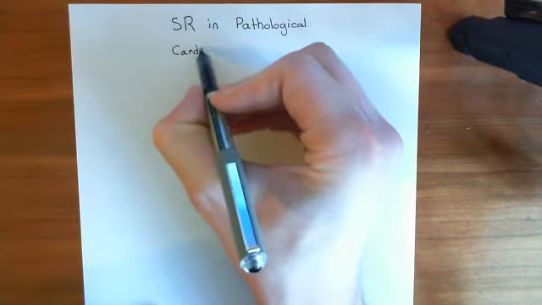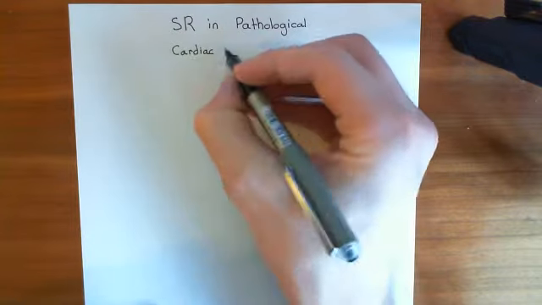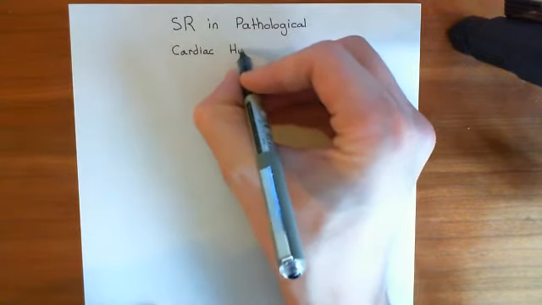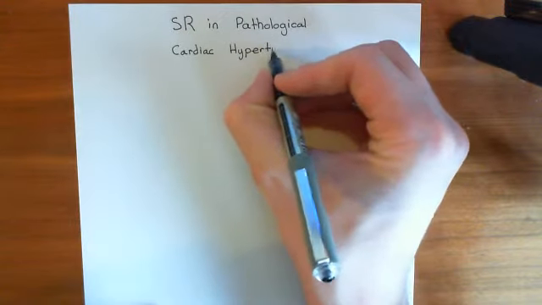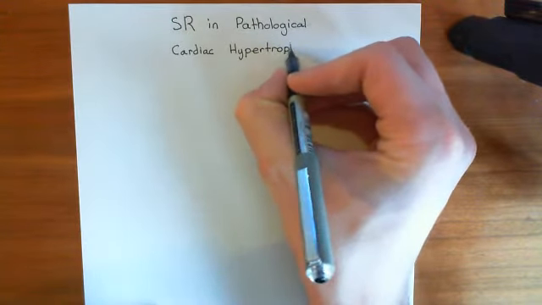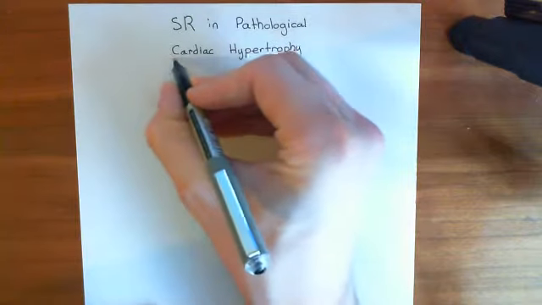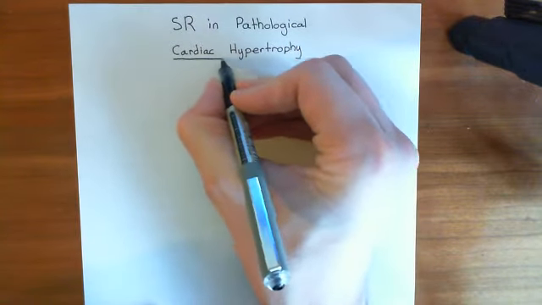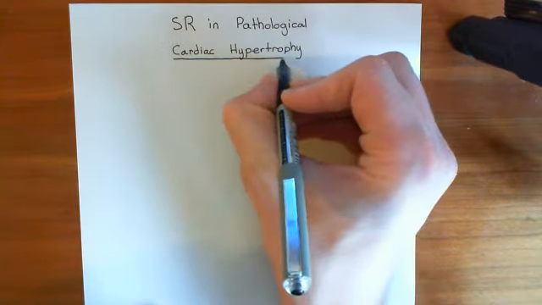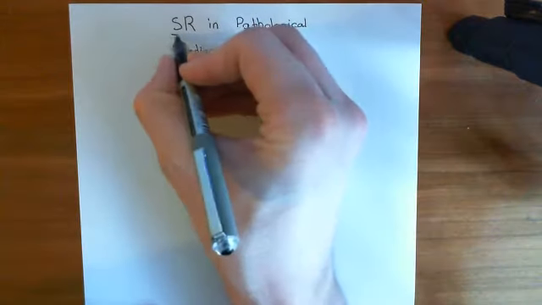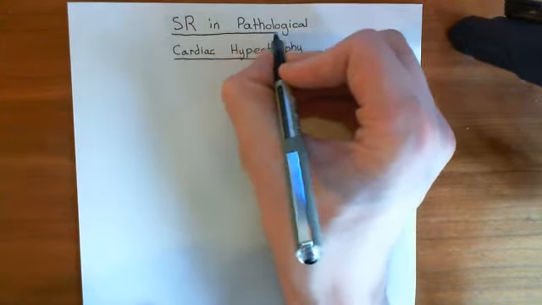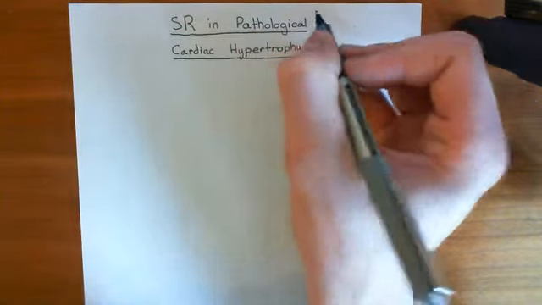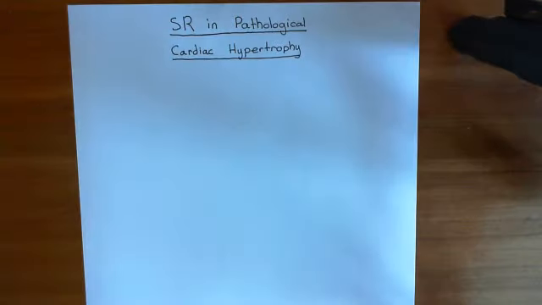We're going to see a few experiments which show that in pathological cardiac hypertrophy, the SERCA2 pump doesn't work as well, and this results in a lower concentration of calcium being stored in the sarcoplasmic reticulum. This lower store of calcium intracellularly means that the calcium spikes that occur inside the cardiomyocyte every time an action potential arrives are smaller, and this is what leads to a lower force generated when